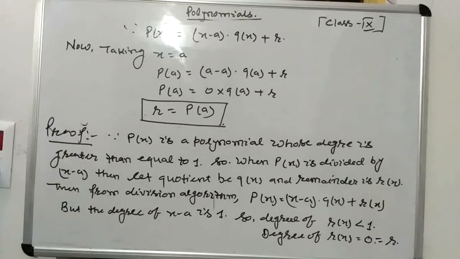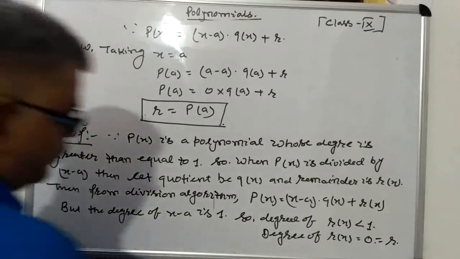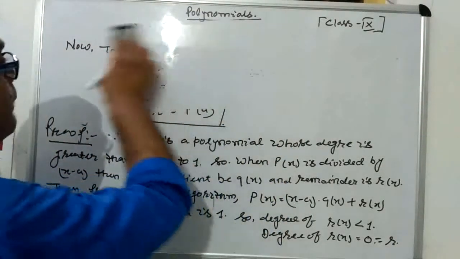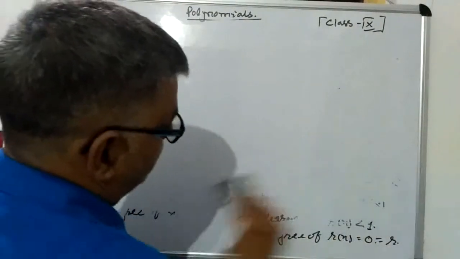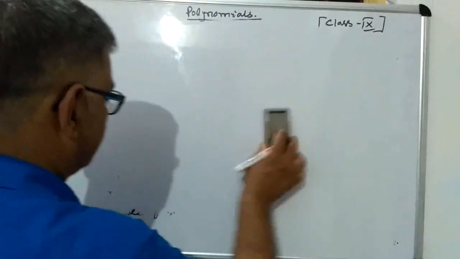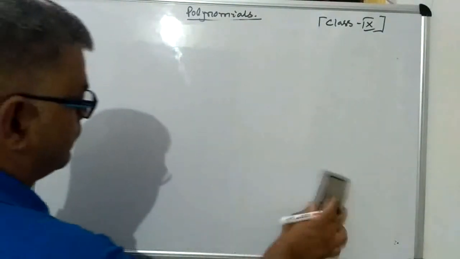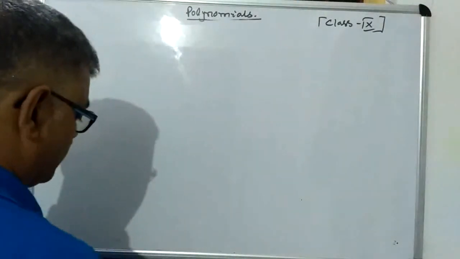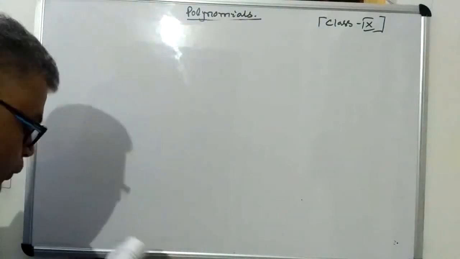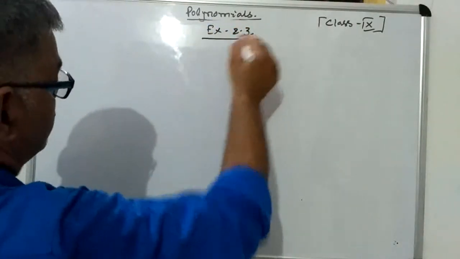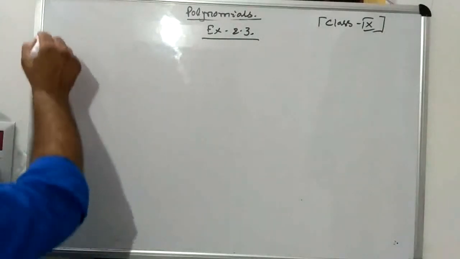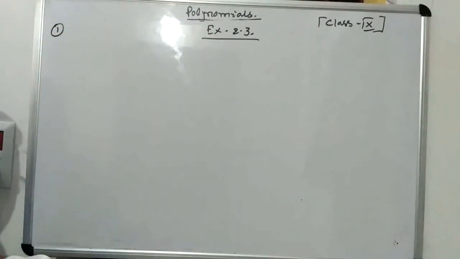Now let's take some questions based on remainder theorem, how you will solve the questions based on this theorem. So now we are taking the question from exercise 2.3, and your first question, question number 1, is: find the remainder when